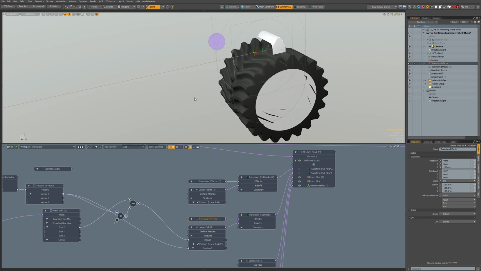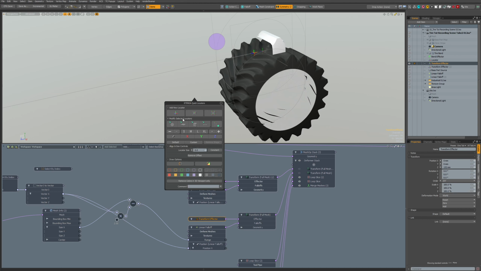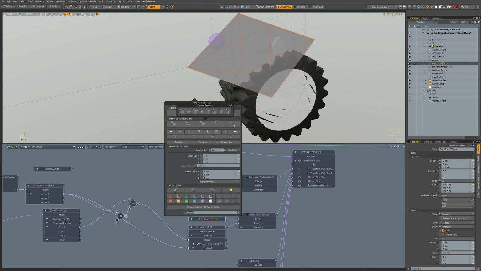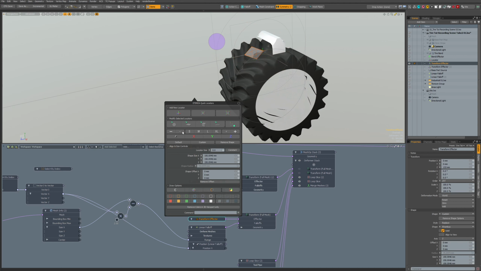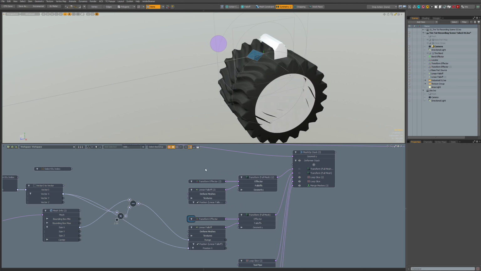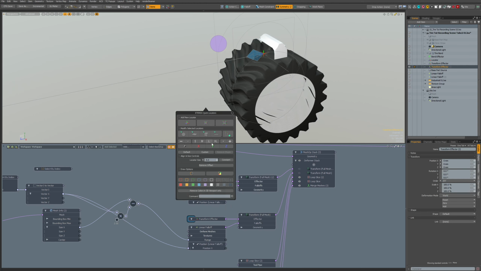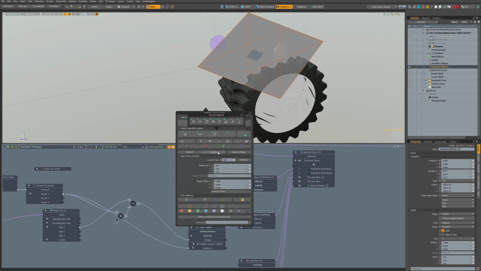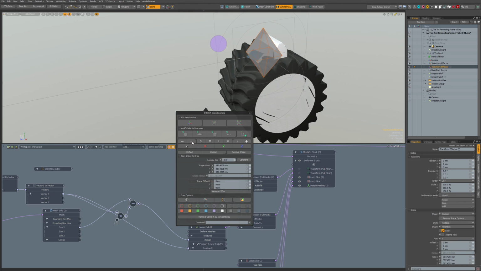And while we are here, let's first zero this, and with this wonderful kit we add some customization to this locator, so we can see it's for moving in the z-axis. So let's make it blue and use the same here. Okay, now it's blue, and this we want to have y-axis and smaller, and it's green.